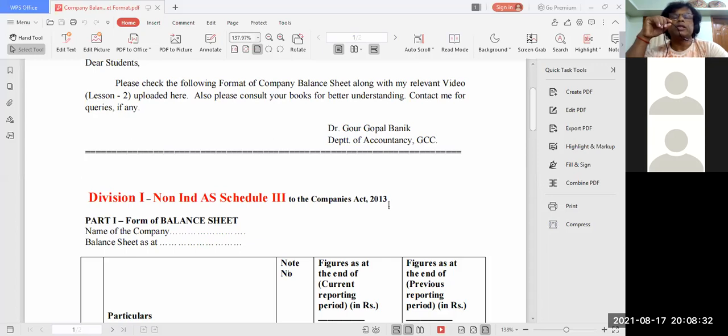And remember, this balance sheet will not have liability on the left side and asset on the right side, not like that. This balance sheet is known as vertical balance sheet. Vertical balance sheet means, when you keep it this way, this is horizontal. And when we go this way, this is vertical. It means liabilities will be above and assets will be below. This is vertical balance sheet.